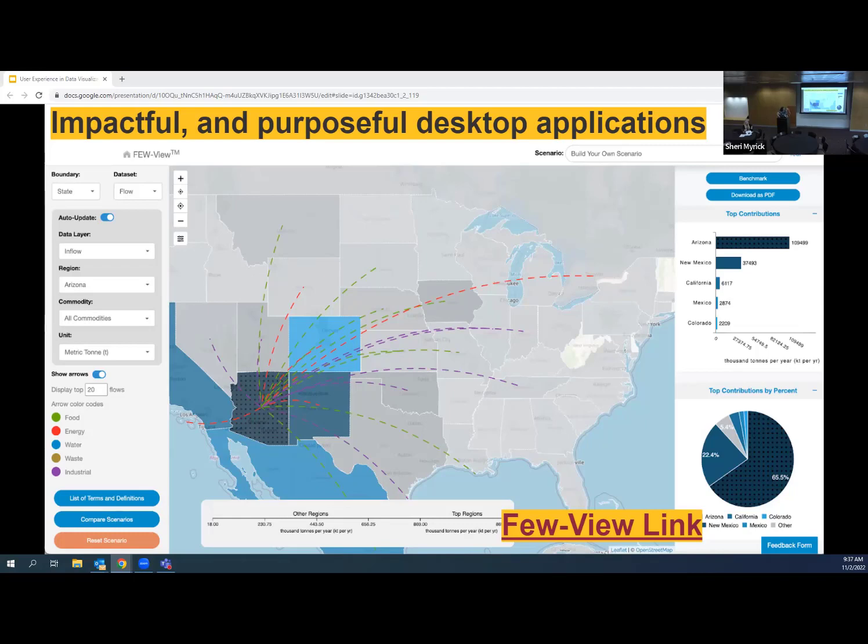You can select your state, you can select your commodities, and it shows where things are coming and going. The reason I chose this one is that at Decision Theater, we have to be extremely purposeful with everything we do. Because we hope users interact with data, we need them to spend more time with the information than learning how to get to that information.